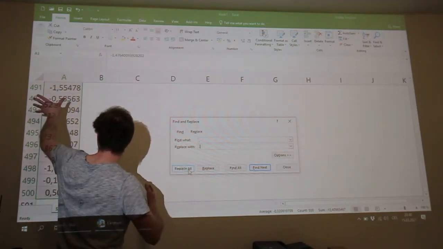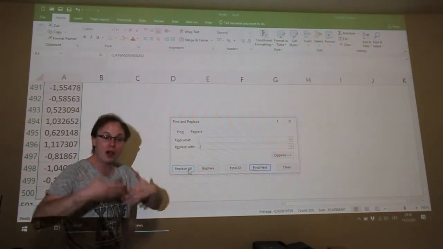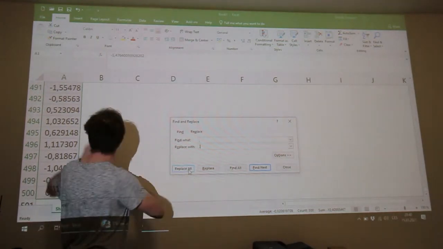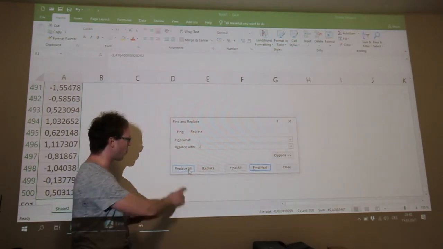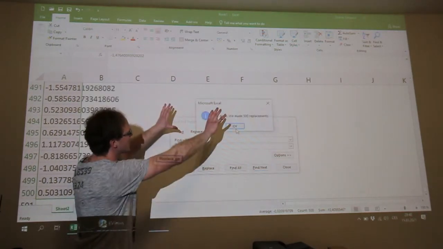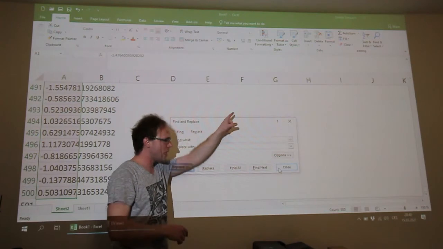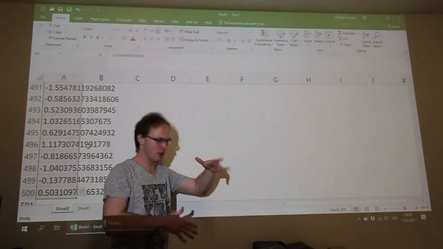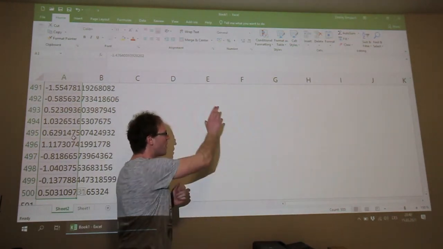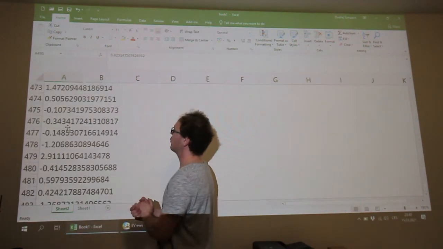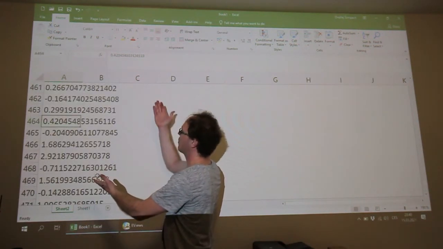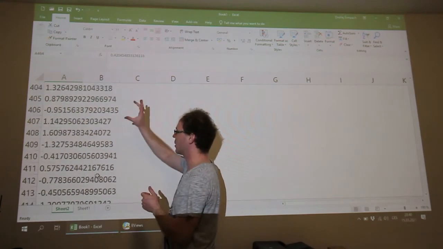I have set commas here, and many of you probably have set commas in Microsoft Excel. So if we replace all, you will see that we made 500 replacements. So we will click on OK, and here we have a series of 500 values with dots.